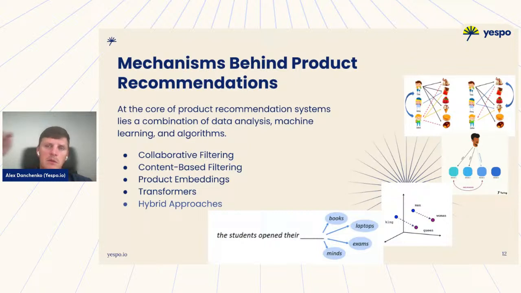And in this situation, you usually see every next click as a sequence of the previous click. So two products are always bound with each other. So after I looked at this product, I looked at that product, or after I purchased product A, I purchased product B, and this makes these connections and helps the system to predict, okay, what's the next best offer, what's the next best product to show to the customer on a website or in email.